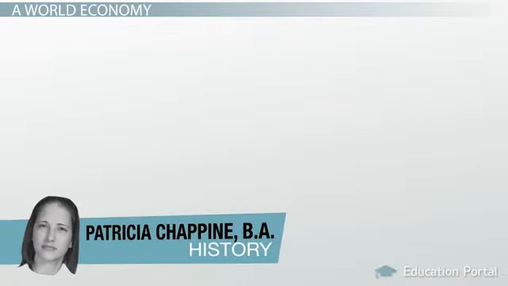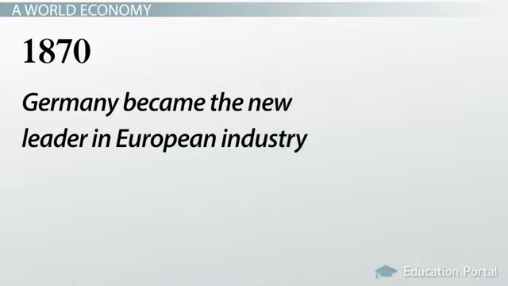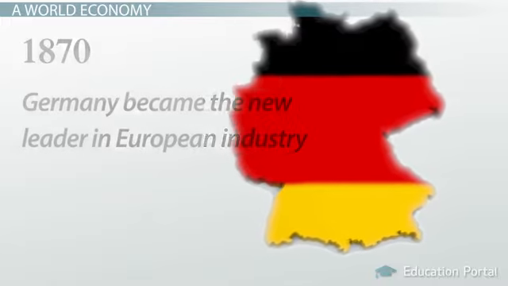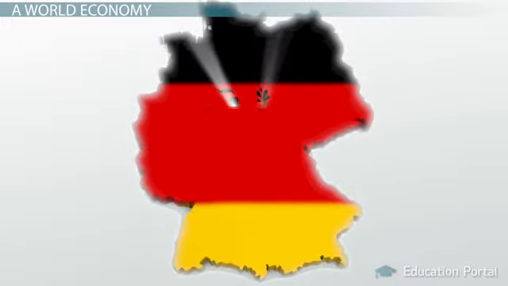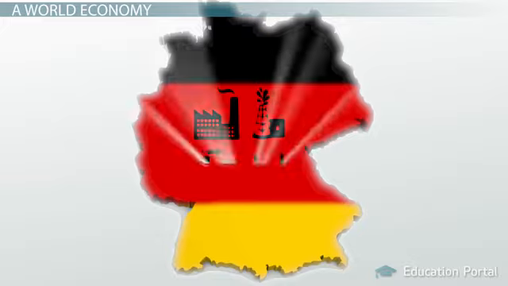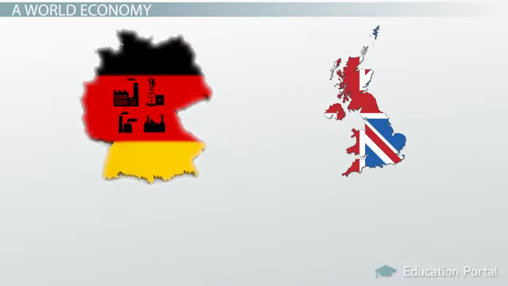Several important changes took place in the late 19th century. First, around 1870, Germany became the new leader in European industry. Germany far exceeded the production of any other European nation in chemicals and electrical equipment. The nation continued to expand its trade networks and soon enjoyed a flood of new plants and factories. Great Britain tried to retake its position as industrial leader, but Germany would not give up its newly acquired title